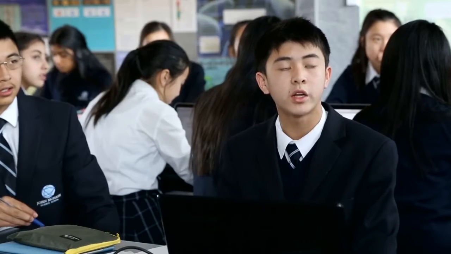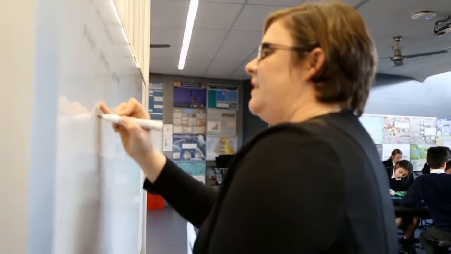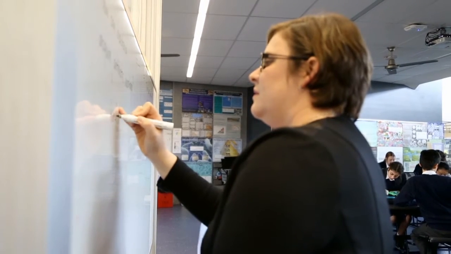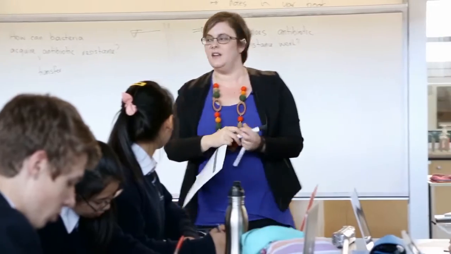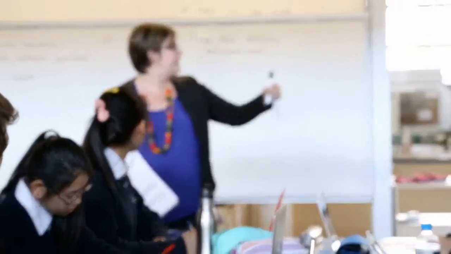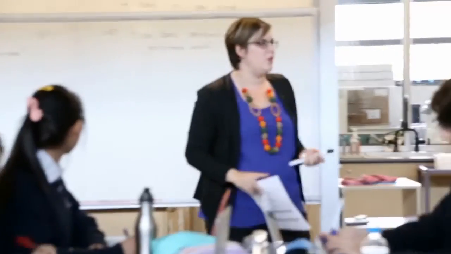My goal with that was to try and see what their prior knowledge was. So what do they understand already? We try and give them an idea of the outcomes that we want to have them, so either on the board or just talking about them. So actually what we're going to teach them, or what we're directly teaching them. How does it get into the bacteria? How does it become resistant on this side, and then this side? How does it actually work? What does it actually do to make that bacteria resistant to antibiotics?